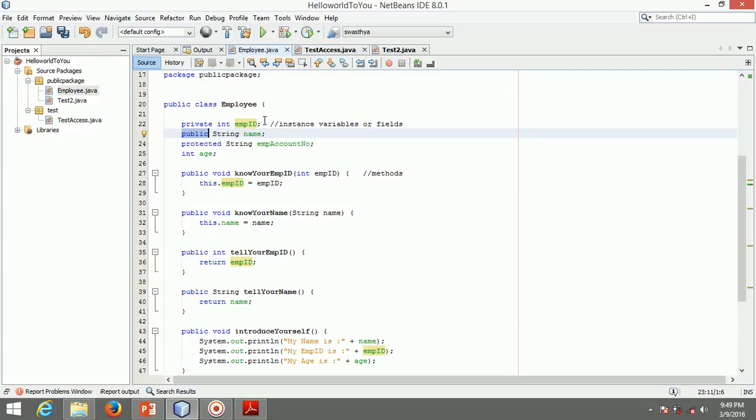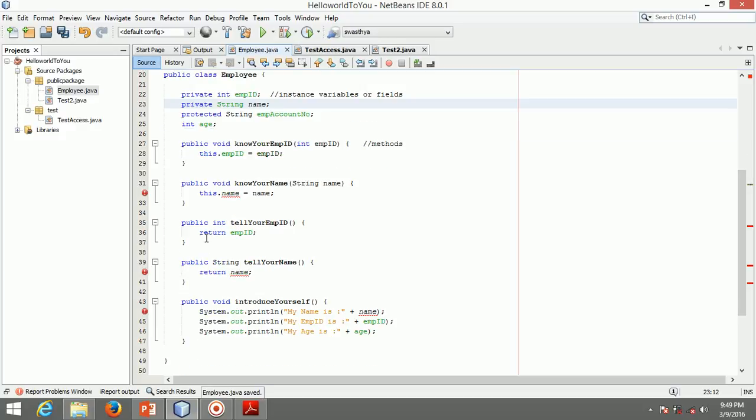Let's change the access over here to private. Let's see what effects it has. Okay, done.